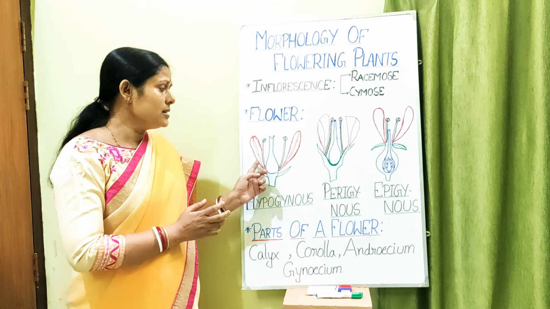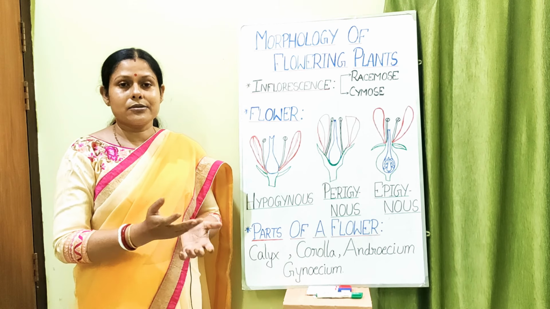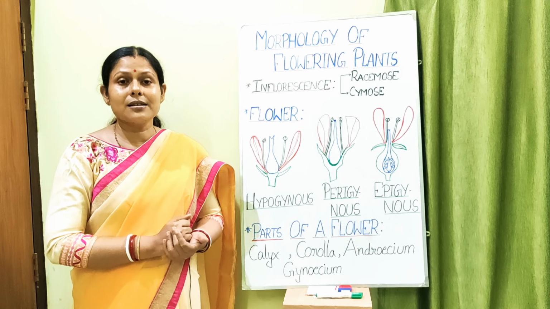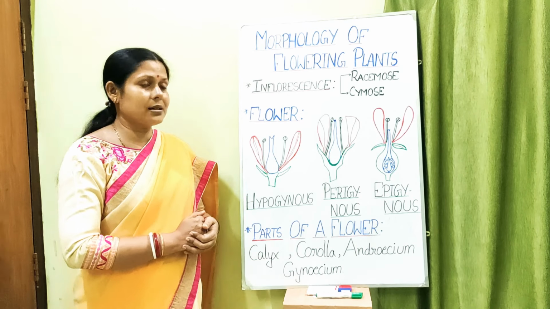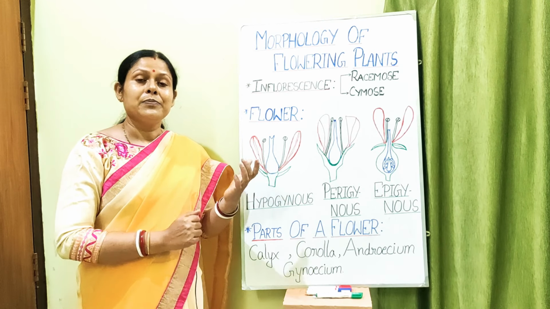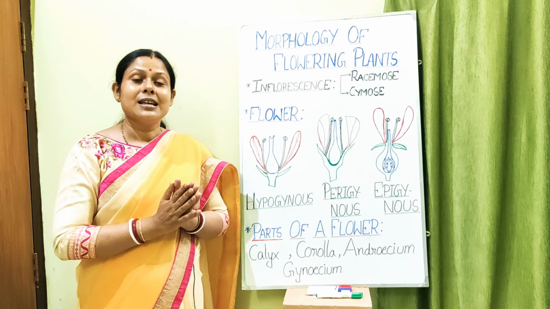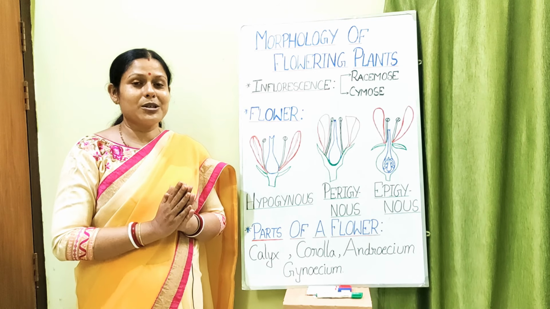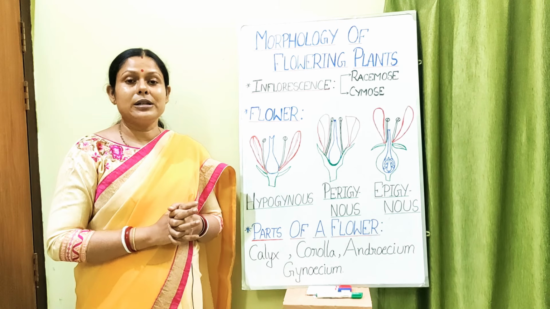Okay, the next whorl of the flower, we know that it is the petal, it is colorful, and it attracts the pollinators. Sometimes at the base of the petals some nectaries are there which attract the pollinators. Okay, that's fine, that we all know already. But again, like the calyx, the petals also sometimes are united. If the petals are united, then they are known as gamopetalous. And when they are separated, then they are called polypetalous.